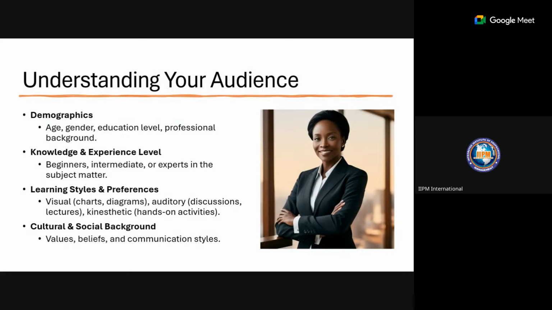It is always good to note that when you have a mix of people in your audience, these 3 preferences must be explored. You should have auditory, you should have visuals, you should have hands-on. This will help those who don't learn much by visual. If they learn much by auditory, they will understand more. Those that learn more by hands-on, they will. So by all means, you have a balanced learning system.